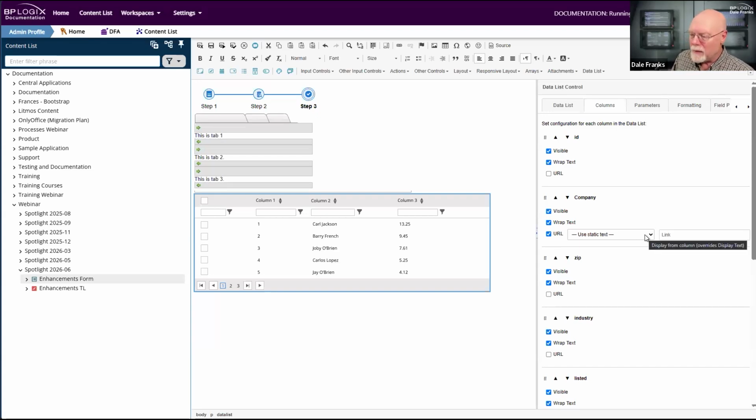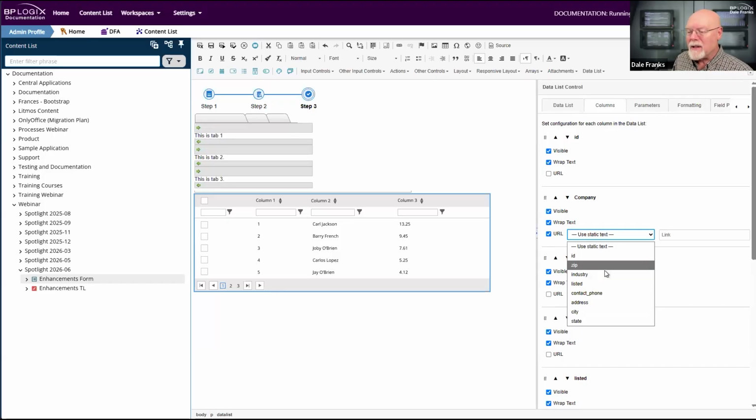The other thing I can do is I can use another column's text as the text to display for the hyperlink. So what I'm basically doing is I have a column that just has a URL. And so rather than displaying the plain URL in the data list, I can basically mask it by deciding whether to either give it static text to replace the text of the URL or to use the text of another field so that, again, the actual text of the URL is masked.